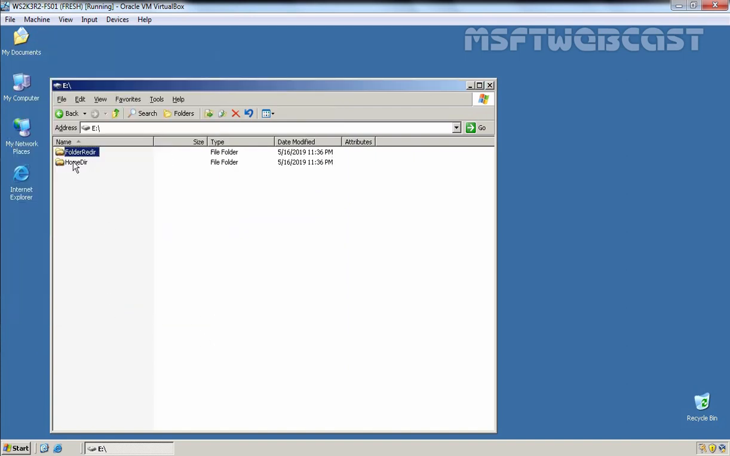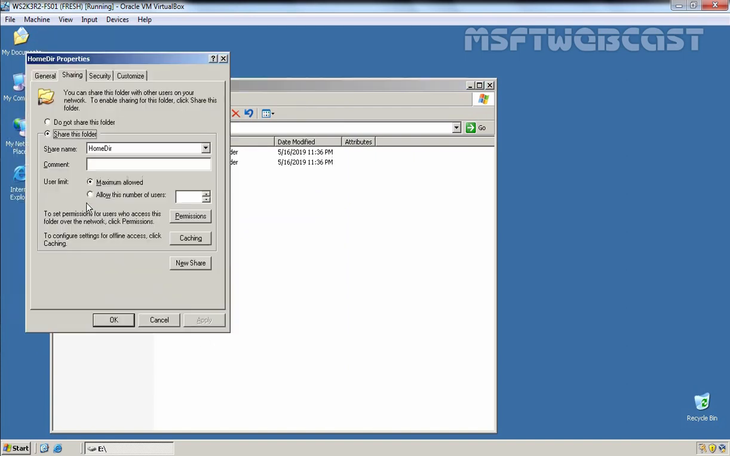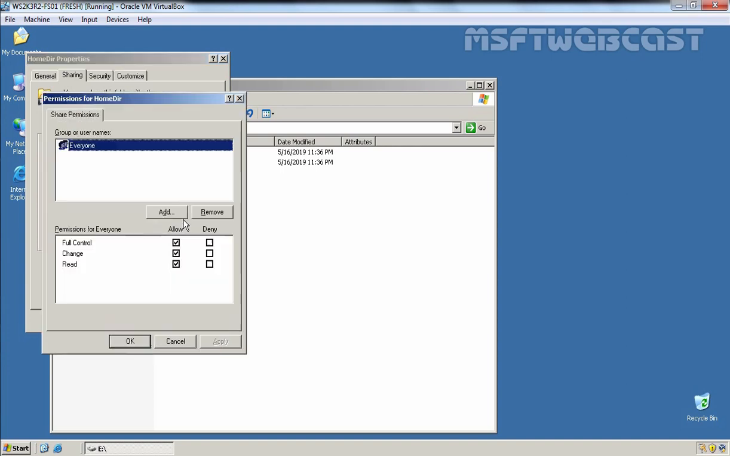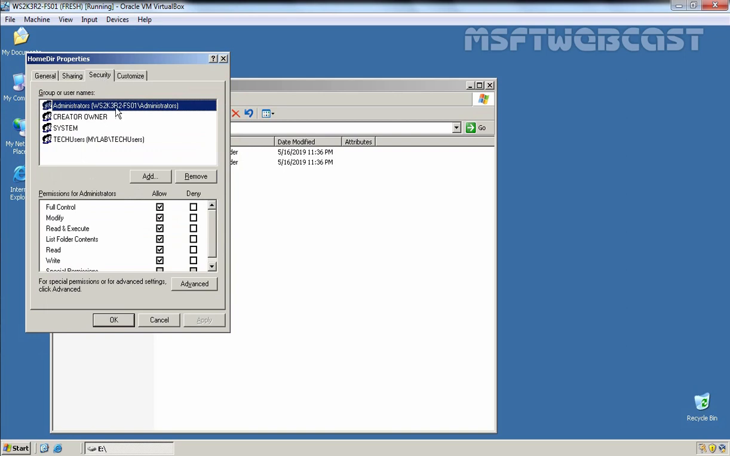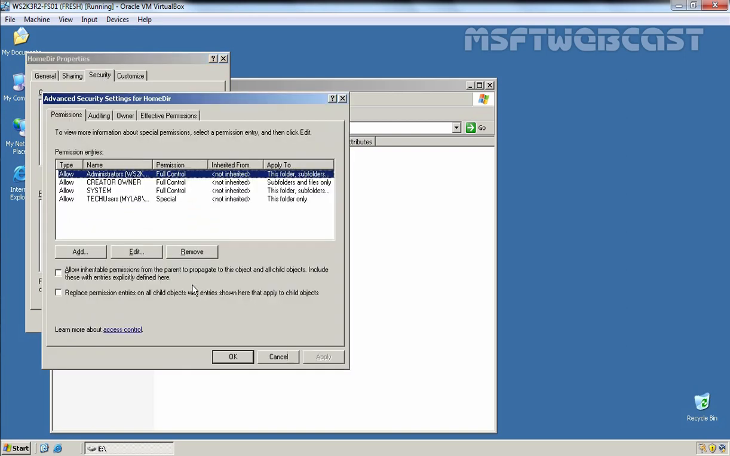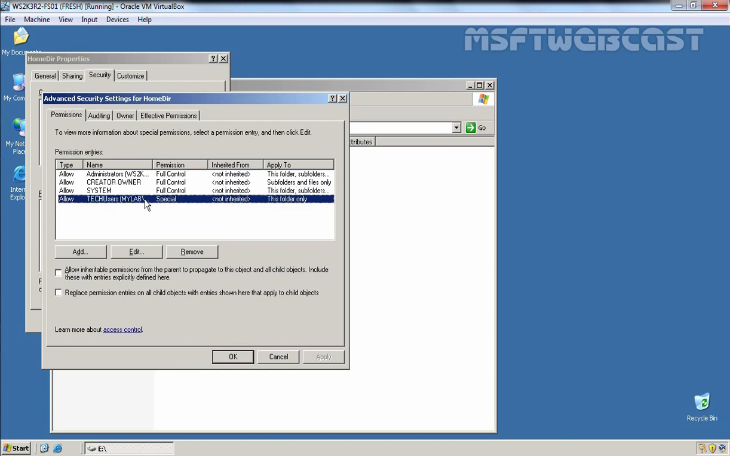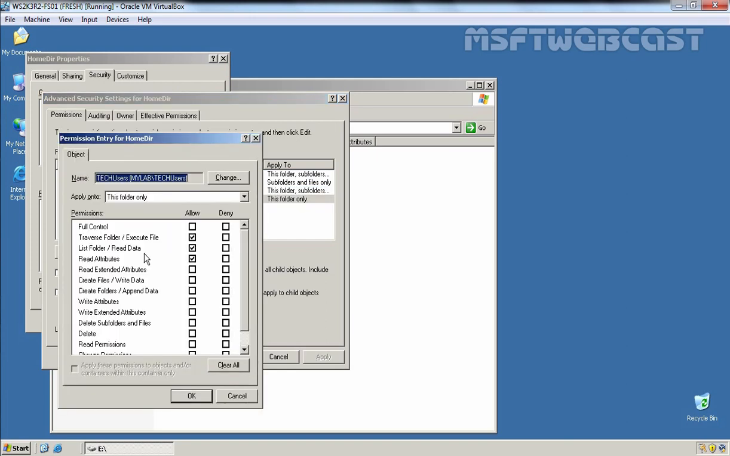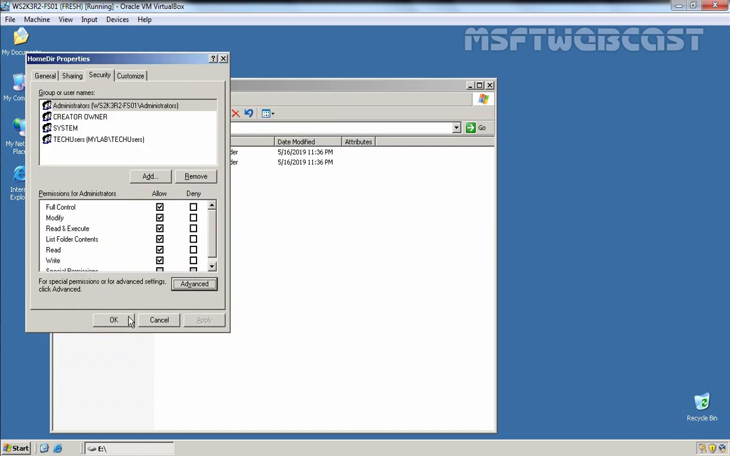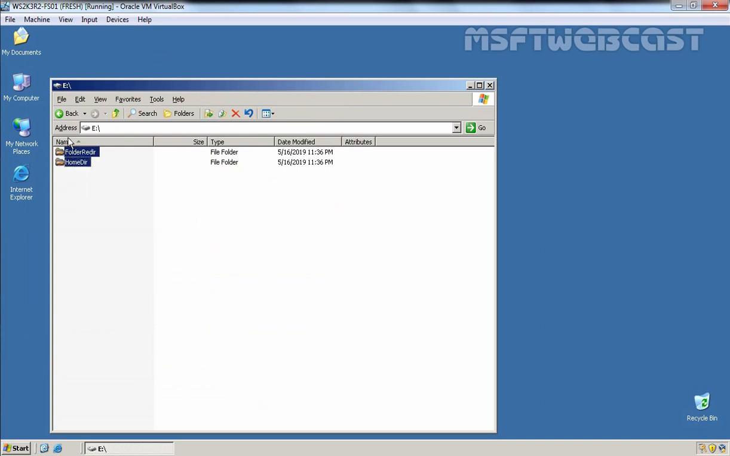Let's check the same for the home dir folder. Let's right click, go for Sharing and Security. Let's check the sharing permission. Definitely it will be Everyone Full Control. Let's check the NTFS permission. And here the same thing is there. Administrator, Creator Owner and System have Full Control, and tech users have a special permission. Let's click on Edit. And here you can see with this folder only, they have only permission to Traverse Folder, Execute File, List Folder and Read Data and Read Attributes. So this is the custom NTFS permission which we have on the shared folders,